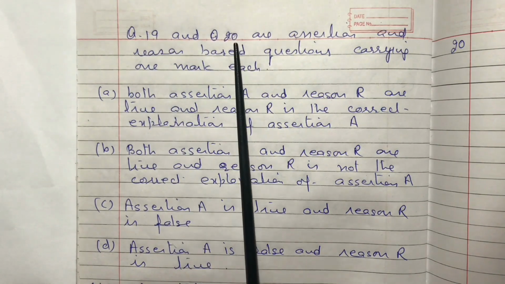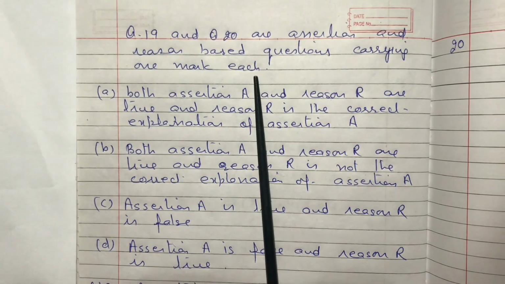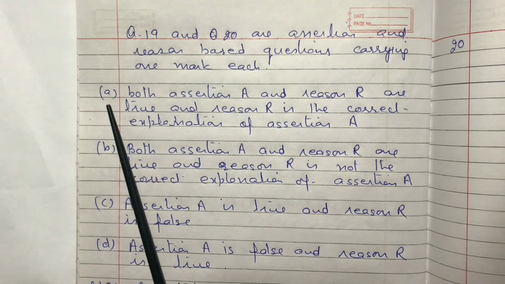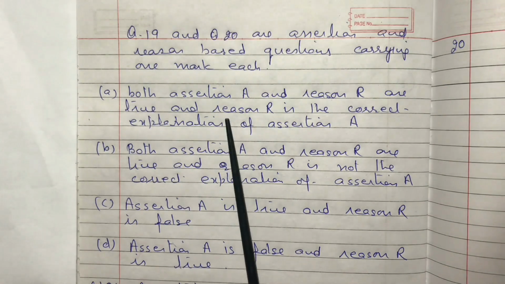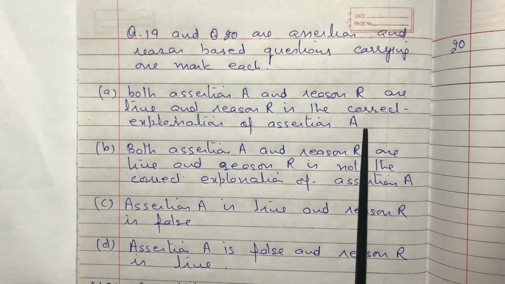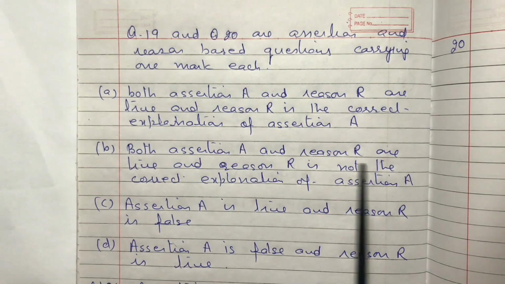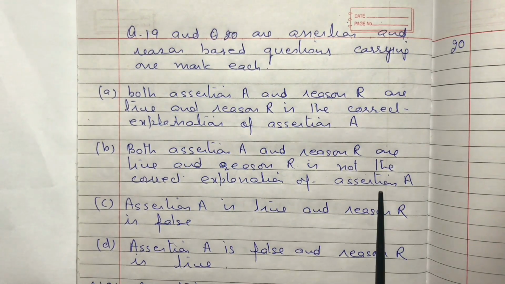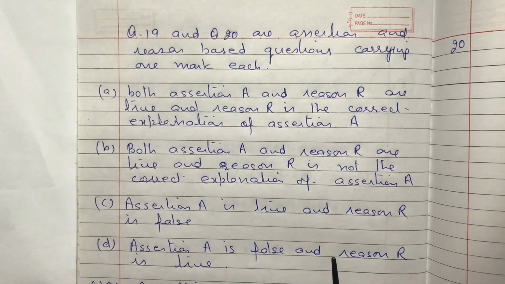Now question 19 and question 20 are assertion and reason based questions carrying 1 mark each. There are 4 options. First option is A, both assertion A and reason R are true and reason R is the correct explanation of assertion A. B is both assertion A and reason R are true and reason R is not the correct explanation of assertion A. C, assertion A is true and reason R is false. D, assertion A is false and reason R is true. So these 4 options are given to you. Its 19th question is,